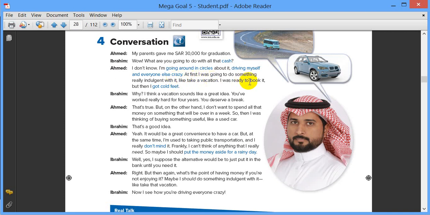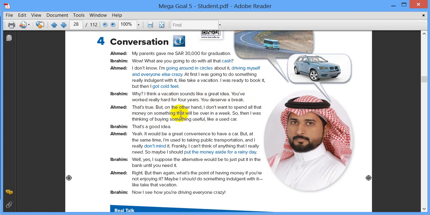At first I was going to do something really indulgent with it, like take a vacation. Vacation, it means holiday. I was ready to book it, but then I got cold feet. When you try to do something and you stop, why? Because you are too nervous or too scared. Ibrahim: Why? I think a vacation sounds like a great idea. You've worked really hard for 4 years. You deserve a break. Ahmed: That's true, but on the other hand,